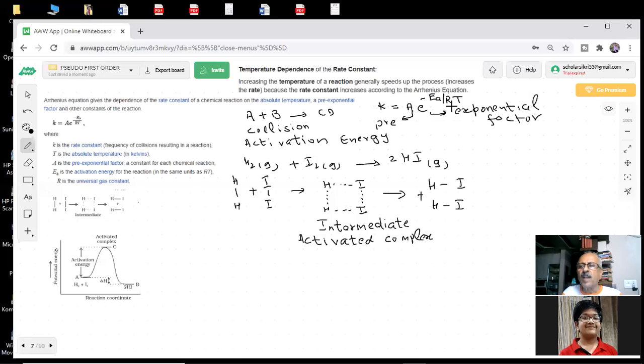In every reaction, it is obvious that bonds are going to break and new bonds are going to be formed, and the reaction will proceed through an activated complex, an intermediate, and then the product is going to be formed. So there is some energy requirement which you call activation energy, students. The minimum amount of energy which must be possessed by the reactants to form the products is called the activation energy. So the Arrhenius equation introduces the idea of activation energy.